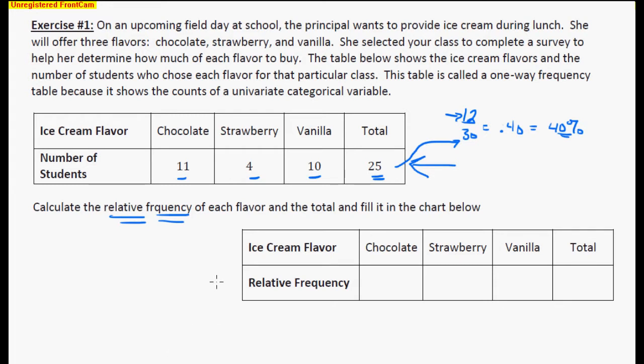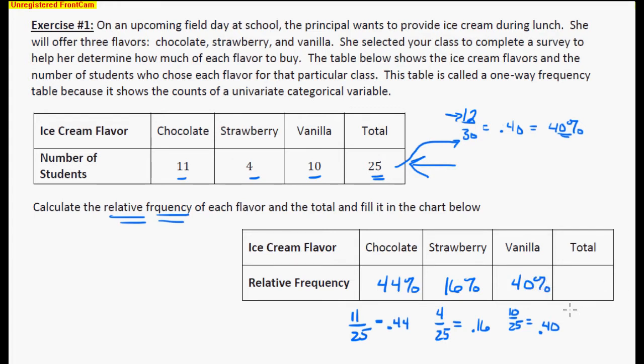So this first exercise really is just taking each one of these and figuring out a frequency, or a percent. So if I take chocolate, I'm going to do 11 over the total, which is 25, and I divide the two, I get 0.44, which would be 44%. Okay, if I do strawberry, that's going to be 4 over the total, which is 4 over 25, and I get 0.16, which is 16%. Okay, and this one would be 10 over 25, which is 0.40, which is